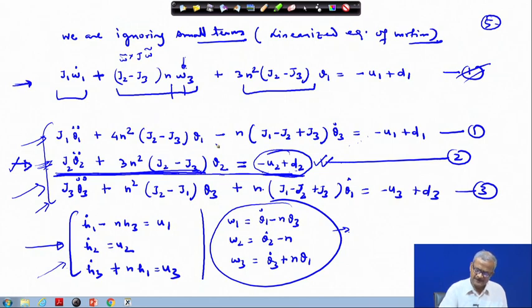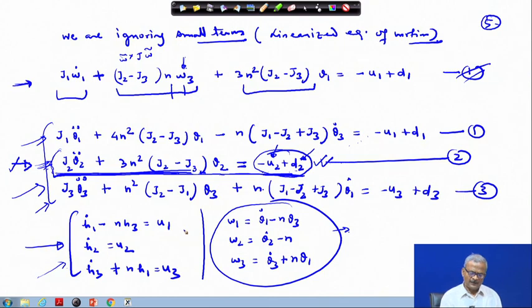So, the left hand side consists of the motion variables, and the right hand side purely the input to the system, out of which d 2 is the external input, and this comes from the control moment gyros, and because of this the satellite attitude will change. Here in this case, this is the pitch attitude.